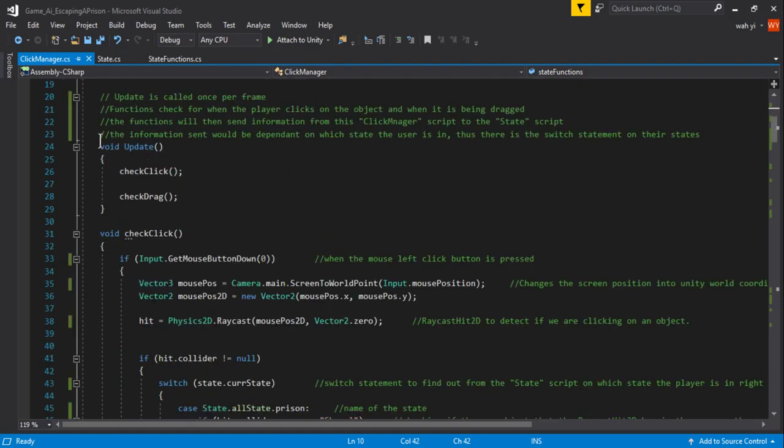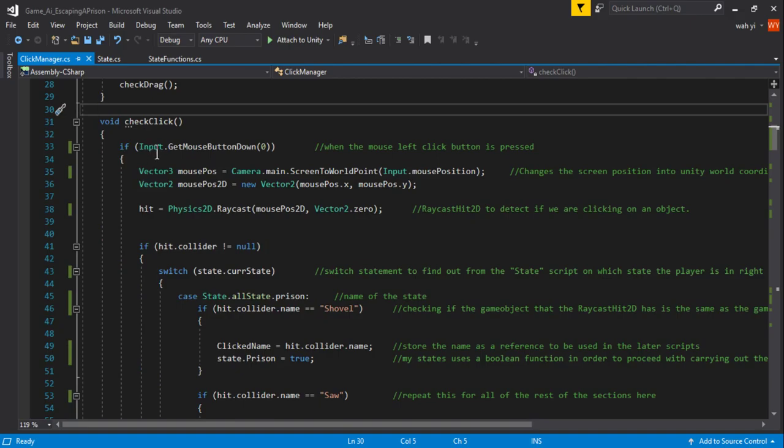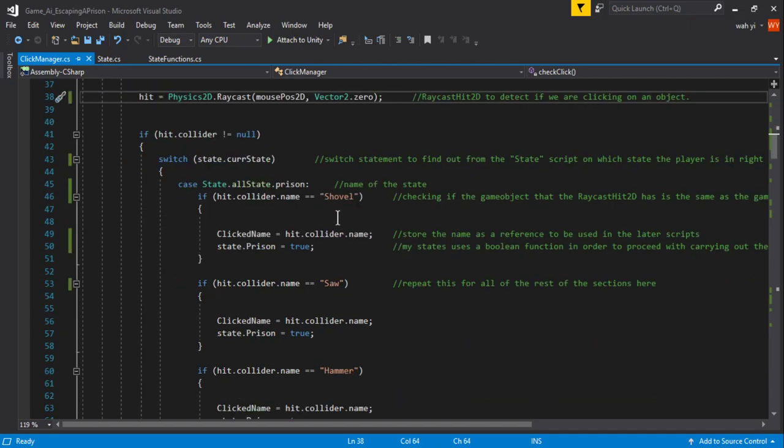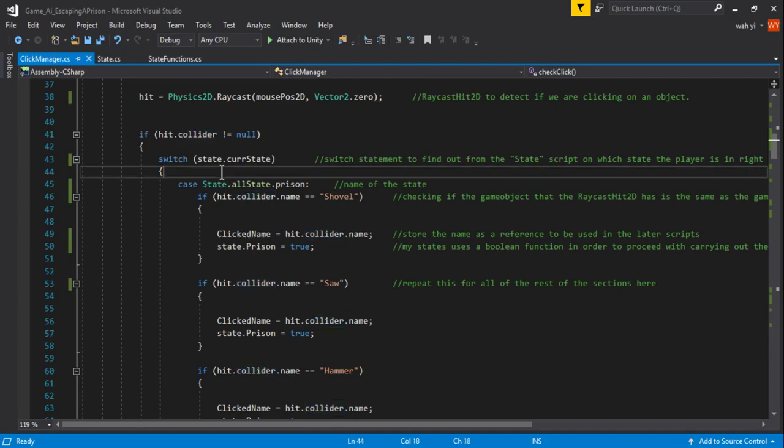Okay, so there's an update function that checks the click and drag. Now, when the user left clicks, the position will be translated into a Unity world coordinate, and I changed it to a 2D Vector2 because my game's in 2D. After that, I'll have a Raycast Hit 2D which uses physics and has the position. Now, if the collider detects something, which means when you click on an object, it has the box collider, you will then